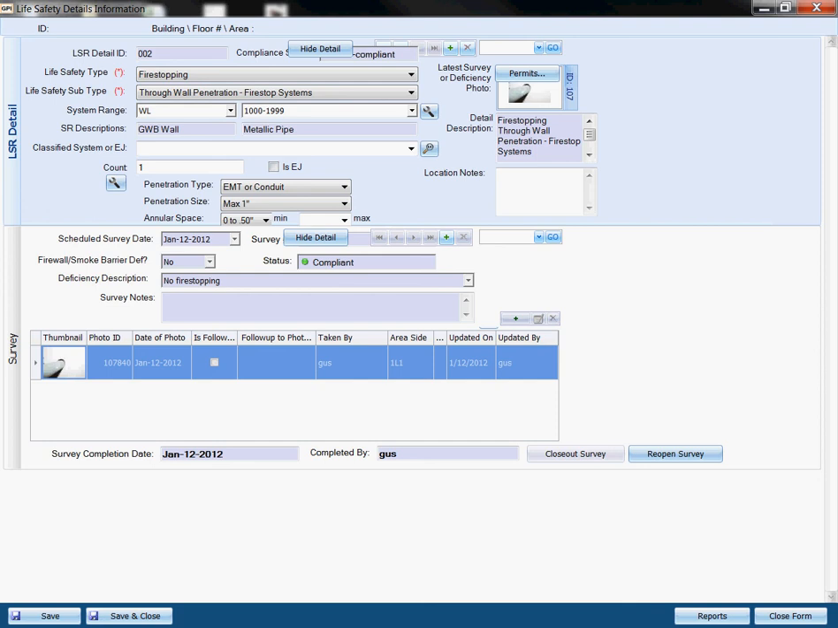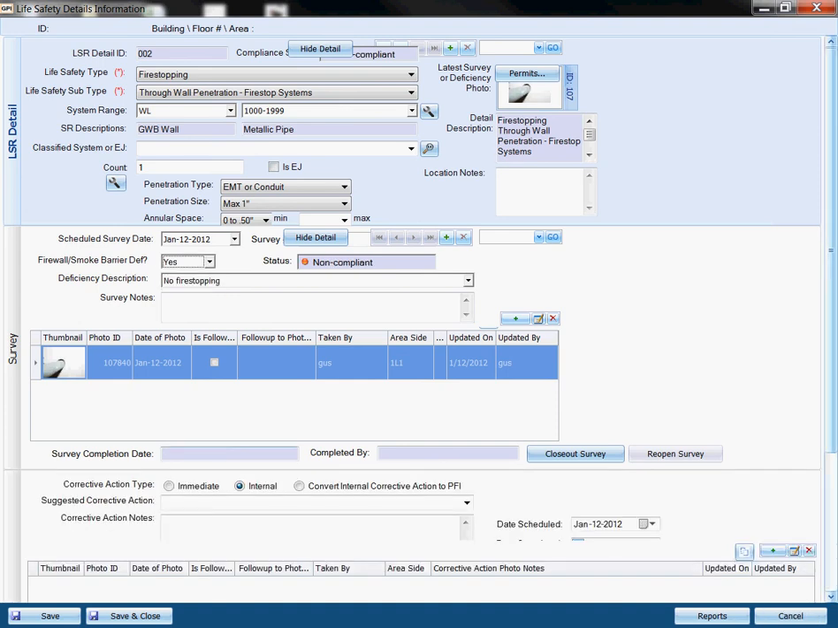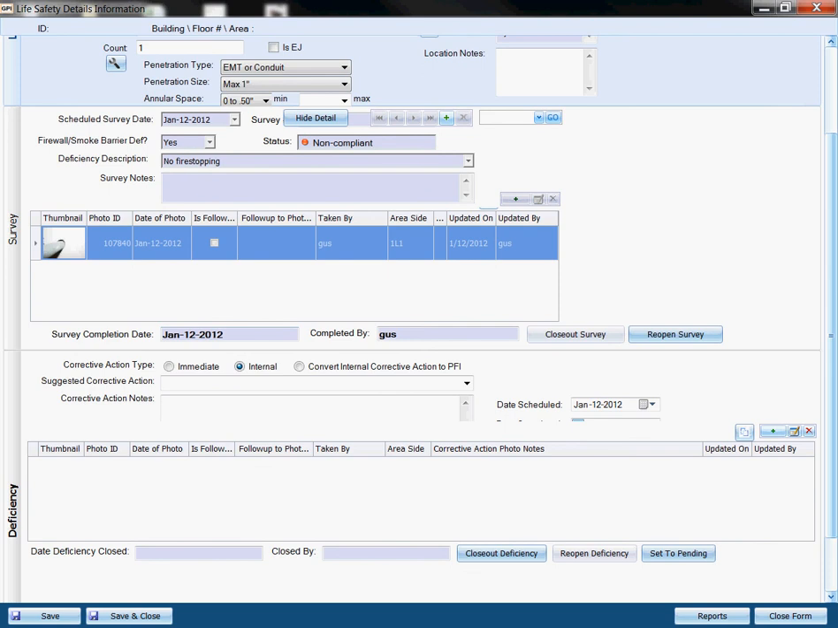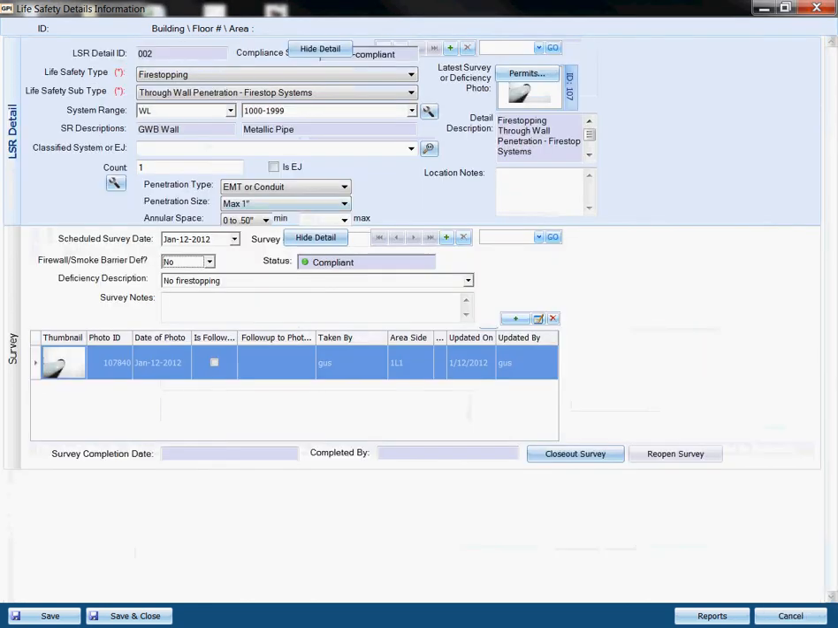So the desired result would be that if I was starting fresh, and I can do that by pressing reopen, one, if the survey is non-compliant, the bottom panel wouldn't be displayed till I press this closeout button. And two, if for some reason this was a mistake and I wanted to go back and edit it so that it in fact went from non-compliant to compliant, by reopening the survey and switching the status, when I press closeout again, this compliance status would reflect the fact that